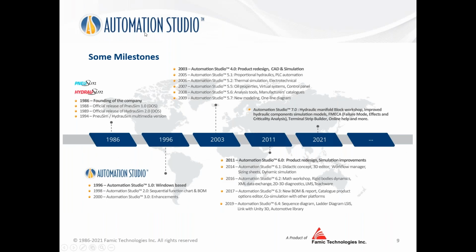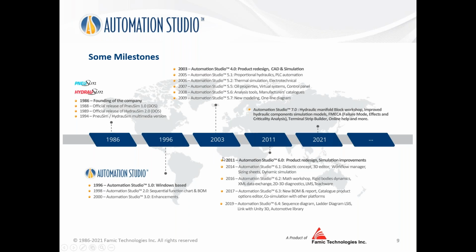So a couple of interesting milestones. Everything started a long time ago with Pneusim and Hydrosim, mainly for pneumatic training and hydraulic training. Then we moved to Automation Studio around that time. But really, it's in 2003, pushed by important OEMs in mobile hydraulic, that the modern version of Automation Studio started to be developed. So we added everything required to simulate and to manage mobile hydraulic projects